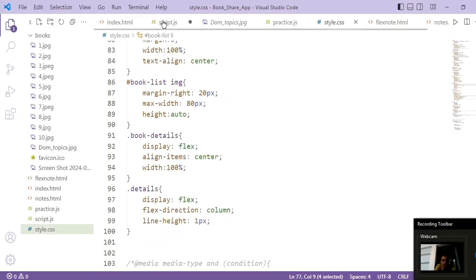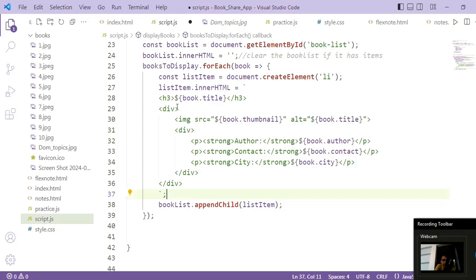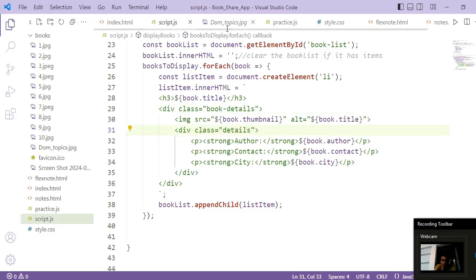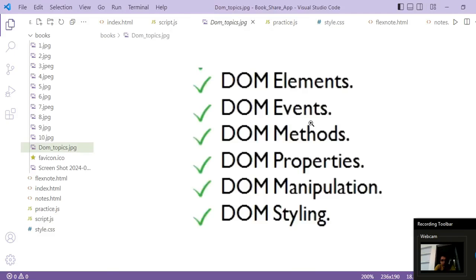We have two classes, book-details and details, and we are going to apply them here: in our first parent div, class equal book-details, and in the child div, class equal details. Okay, save it. So we have covered our DOM elements, DOM methods, DOM properties, DOM manipulation and DOM styling. Now only one is left, that is DOM events, and we are going to see this now.